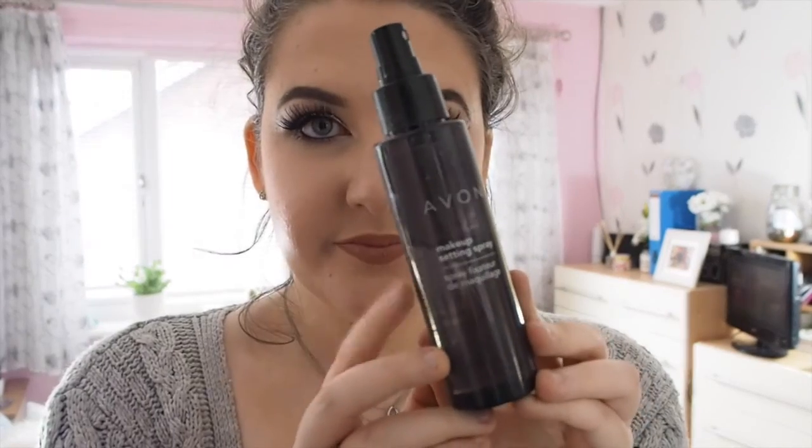I am then going to set the whole face using the Avon Makeup Setting Spray. I just shake it up and give myself a nice shower in it, let it dry, and do my thing. So there we go, that is the finished look, and once I've done, you know, this awkward posing bit,